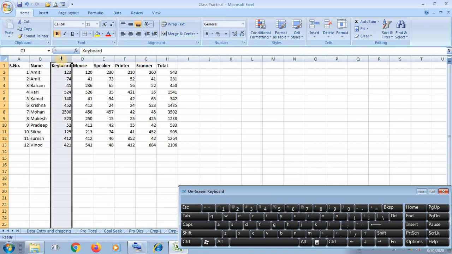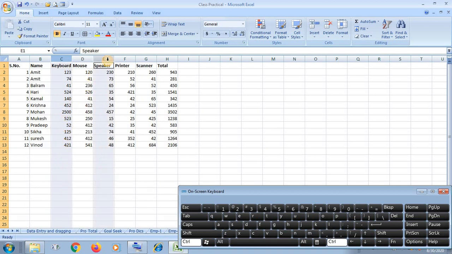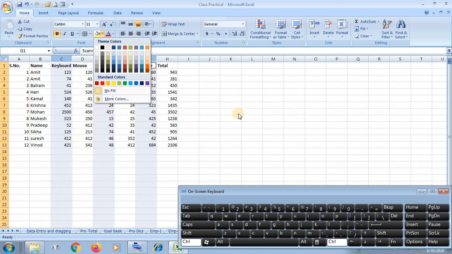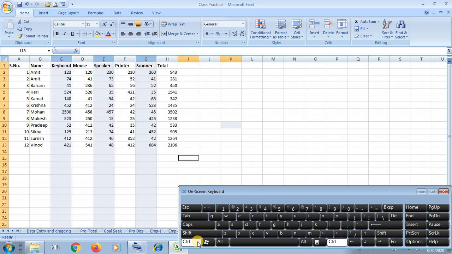You have to select the column and hold the control key. I have selected one whole column, and again I have clicked the second column, that is selected full column here. You are looking here in dull color. If I want to change the color of these columns, you can see here the whole column color has been changed.